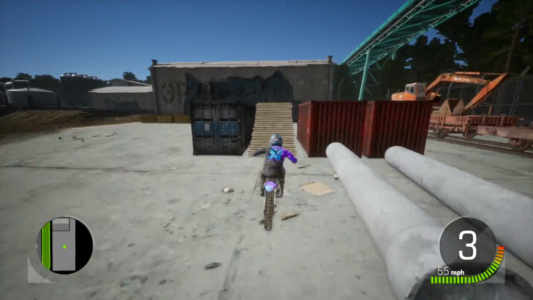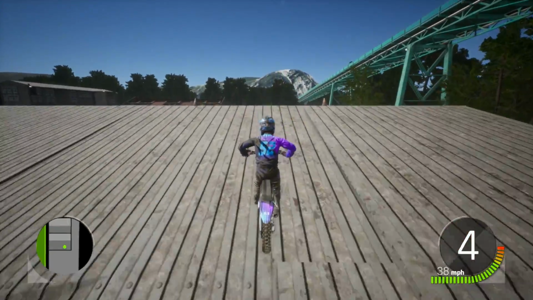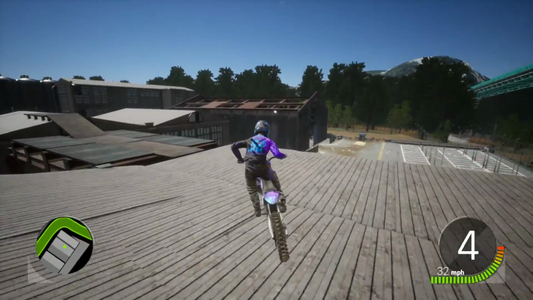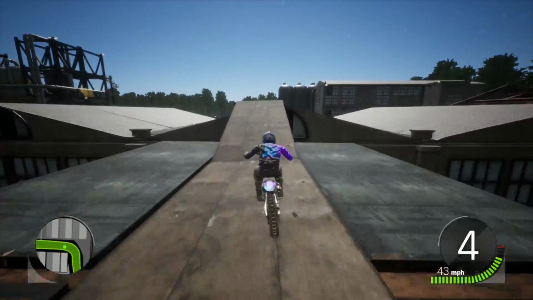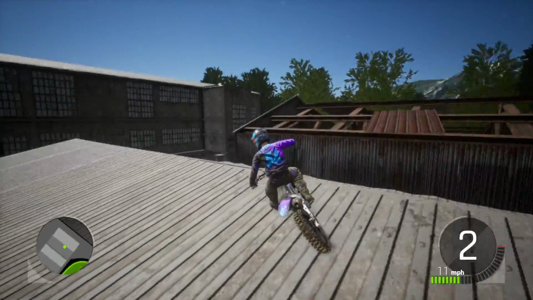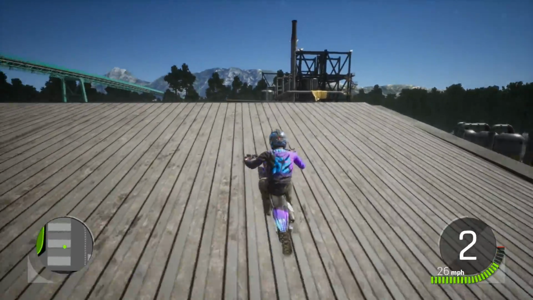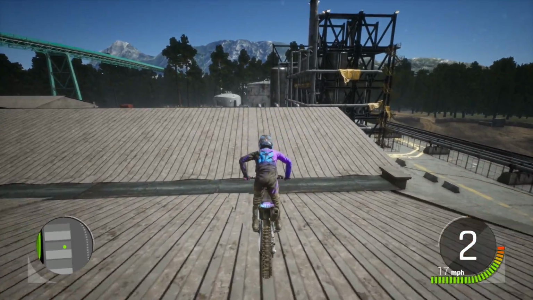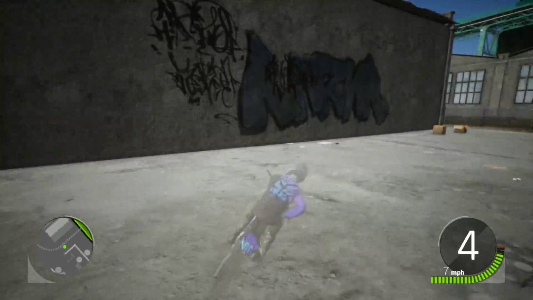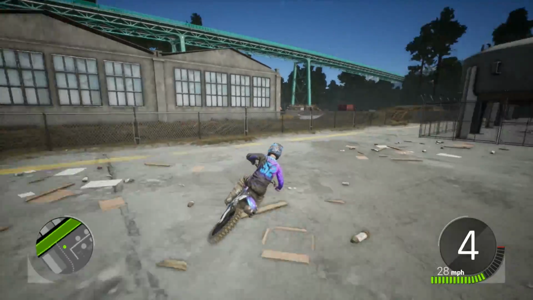Must be some sort of shipping yard or something like that as well, because there's a lot of train tracks kind of miscellaneously strewn about through this compound. The train is actually kind of a big part of the map that you'll realize in a second. Let's see if I can... oh well. Yeah, it reset me. Alright, so can't get over that fence, but